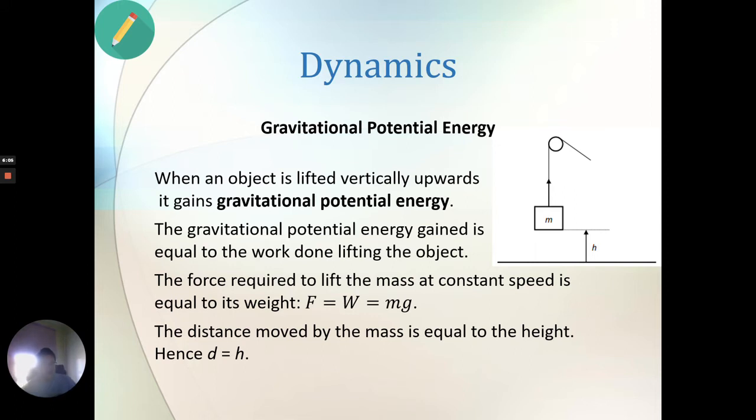Instead of F, we've got W, and we know that W equals mg. That's an equation we've already covered. And the height we're lifting it, we can just call that h, because it doesn't need to be distance, it's just the height. And when we swap these around, we end up getting a different equation